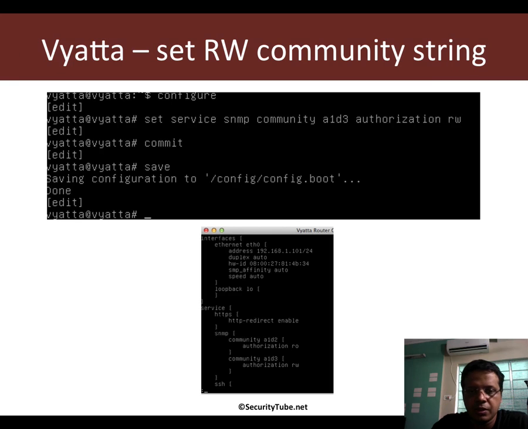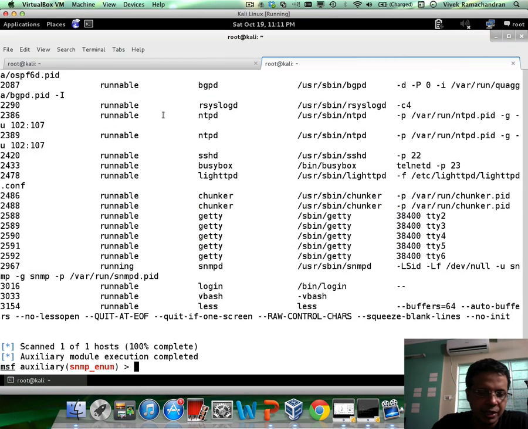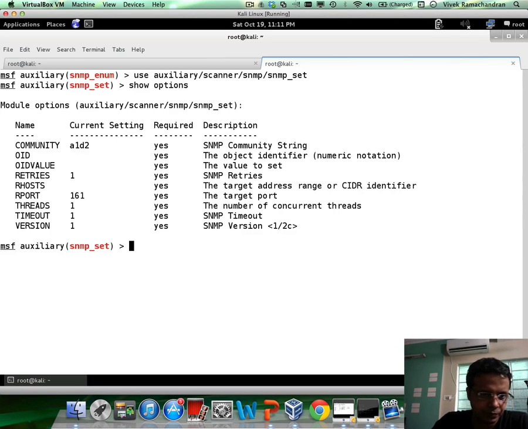So let's go back in here. Now we have our Vyatta instance basically supporting an SNMP read-write option, which again we could have brute forced, or maybe they ended up using default values. Now let's actually go ahead and use the SNMP Set module. Show options. Change the community string to A1D3, which is the write string,